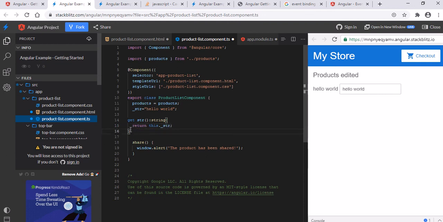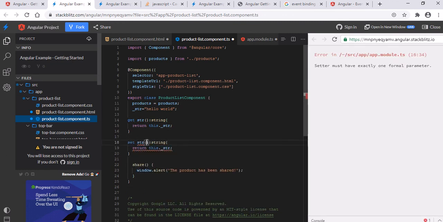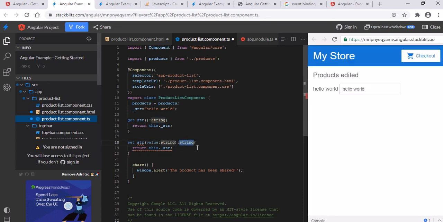Similar to this we have a setter: set str, and it takes a value as the parameter, which is of type string, and doesn't return anything, and we have to set the str property there. this._str is equal to the value.